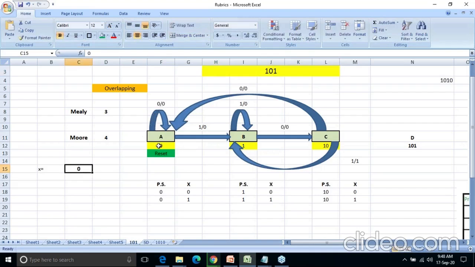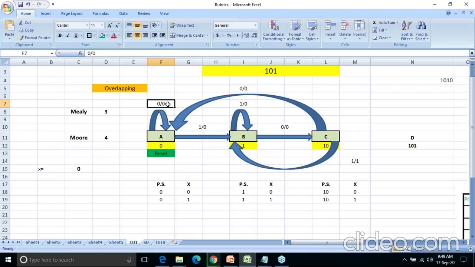Why the reset state? Because in the reset state, 0 is getting detected. Are you able to see? This is the 0, and that 0 should be detected. So where is it detecting? At this state, and that's why although it is in state A, it will go to state A only. Self loop. Why? Because 0 is getting detected in A only, and that's why a self loop is applied. So you can just draw the line like a self loop. And what to write? My input at this point is 0 and output is definitely 0 because the sequence is not yet detected.